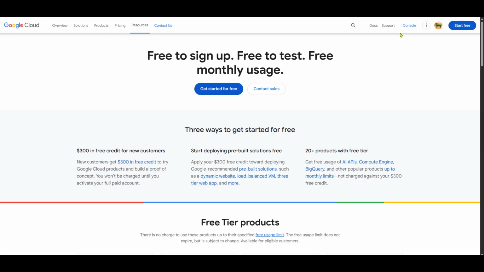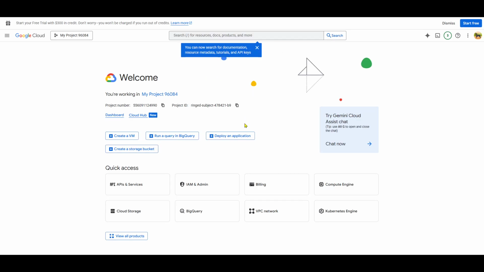Now, once you're inside the Google Cloud Console, the next thing to do is select a project. If you're already working on a project, you'll see it listed. But if you're new to this, you might need to create a new project. Just look for the Select a Project drop-down menu at the top of the page. Here, you'll see options to either choose an existing project or create a new one. Picking the correct project is crucial since you'll be enabling the API for that particular set. So double-check to ensure you're on the right track.